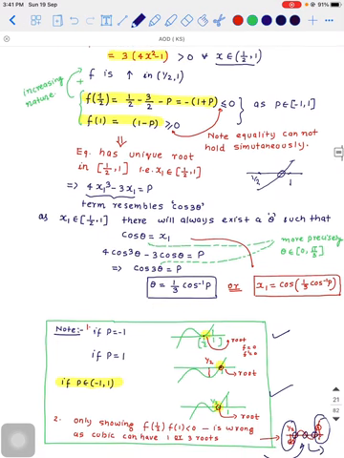So we know that root is between half and 1. So definitely there will be a cos theta which will be equal to x1, because cos theta is capable of taking values from minus 1 to 1, and half to 1 is its subinterval. If you take x1 equals cos theta, you will have 4 cos cube theta minus 3 cos theta equals p. And you can also say that there will be a theta from 0 to pi by 3, because if you replace theta by 0, x1 will be 1, and if you replace theta by pi by 3, x1 will be half.